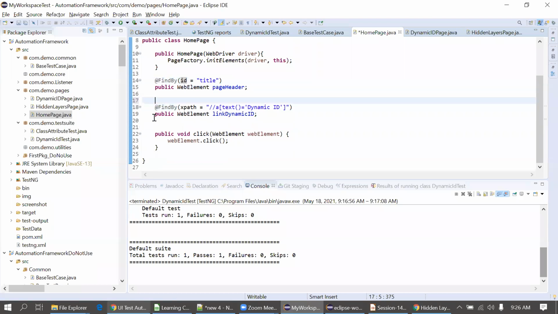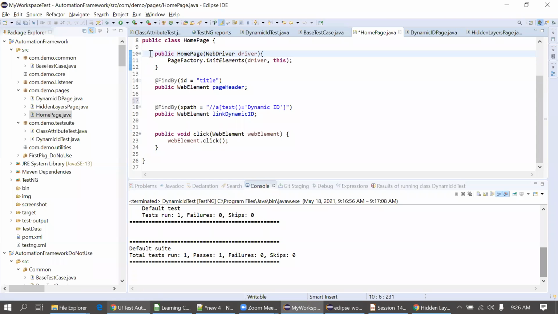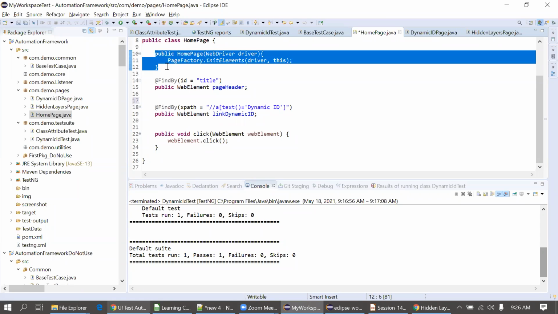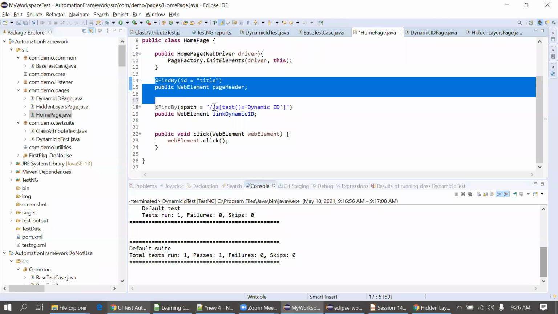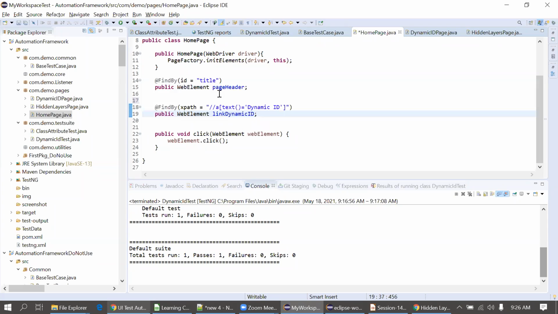Okay, and this line will be common in all the pages. Remember this, because what will this line do? When we execute this line while creating the object, it will simply initialize all the objects. This is the locators actually. It will simply initialize all the locators here. Means we are not using the find element method here in this framework. It will use the find element method and store the value by default in the respective web element.